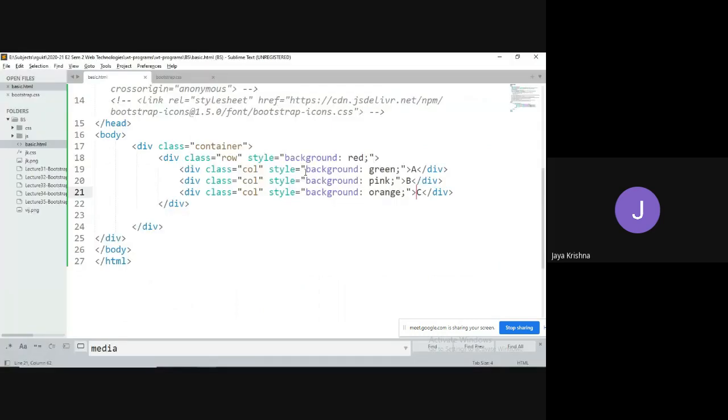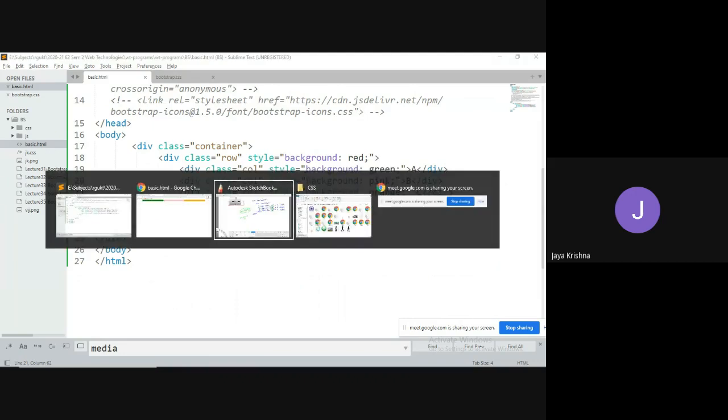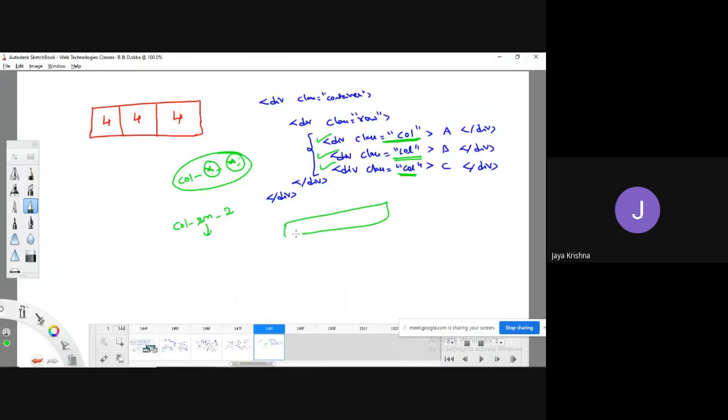I don't want it like that. I would like to split in such a way that the first column and the last column should be equal in size, and the middle column should be somewhat bigger compared to the first and the last column. Then what can we do, guys? It is actually a total of 12 parts.